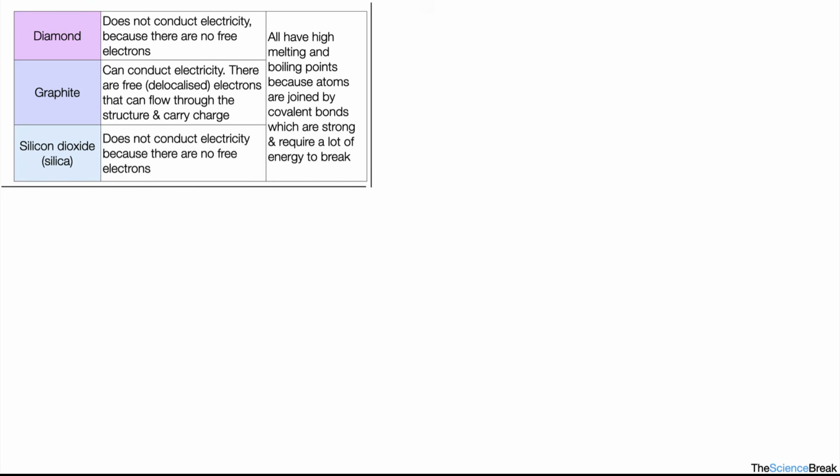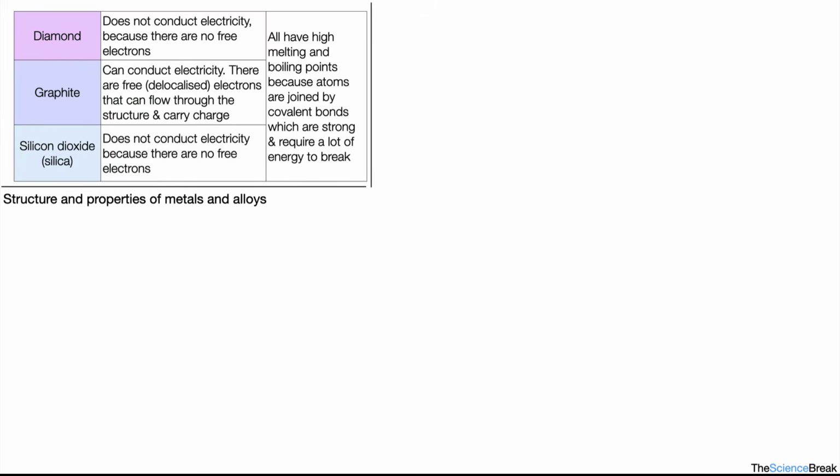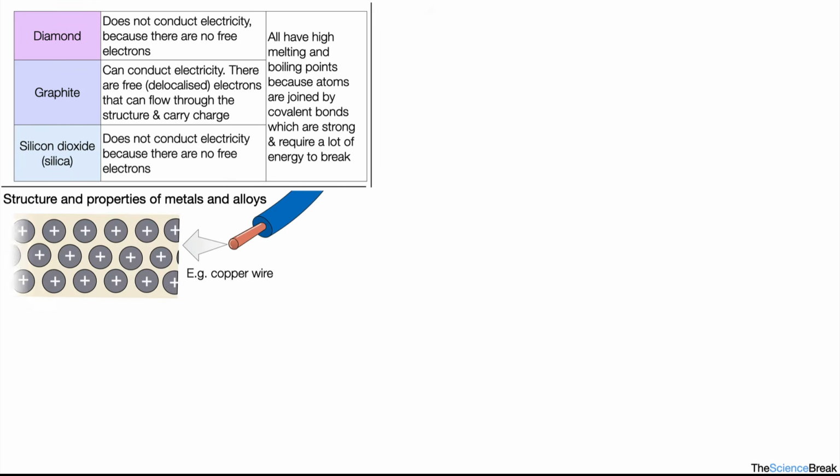Let's move on to the next part. This is metallic bonding and the fullerenes. Let's start with the structure and properties of metals and alloys. Here is an example of some metal, e.g. copper wire. If we were to focus in or zoom in, if we were able to, you would see that